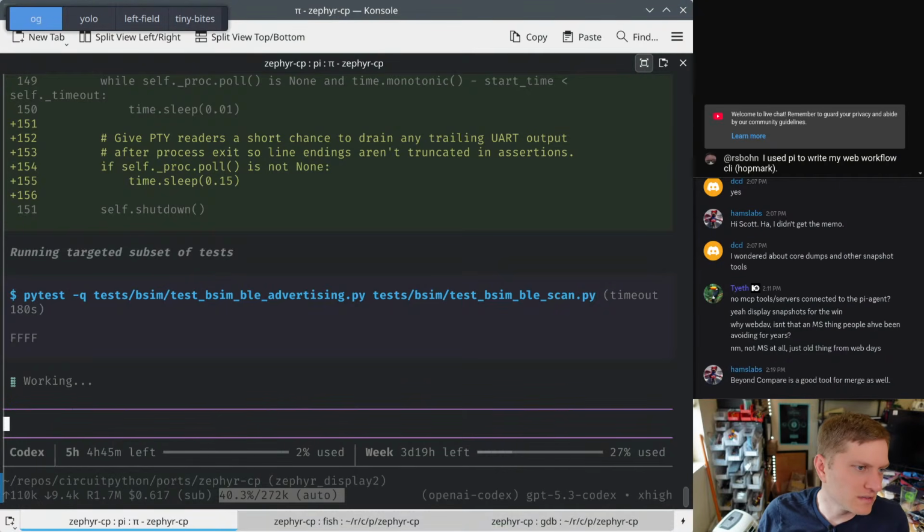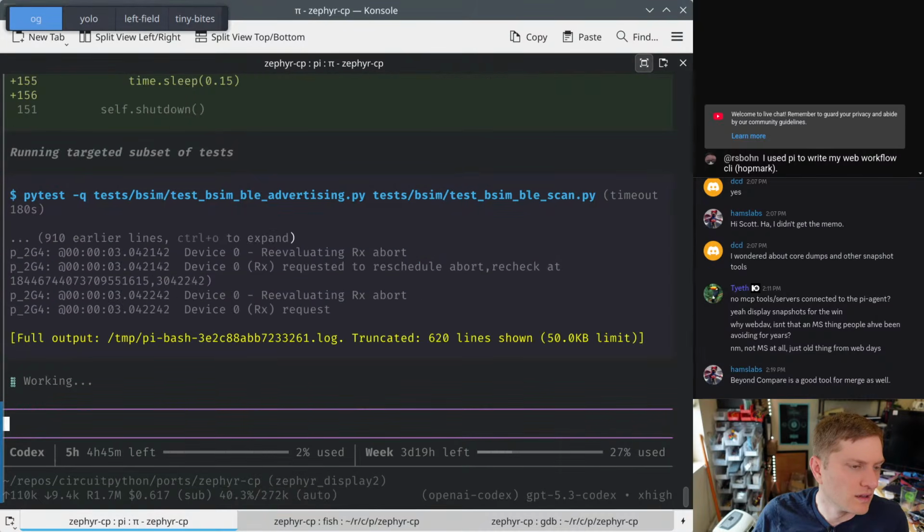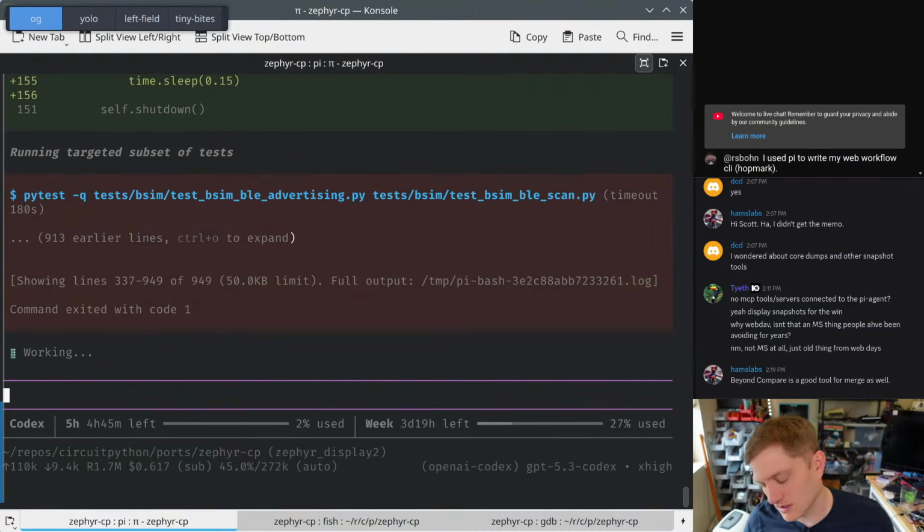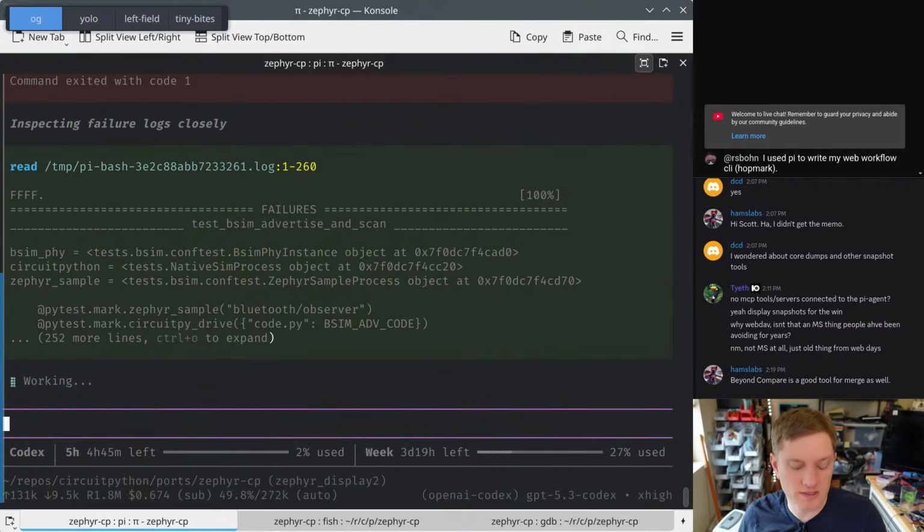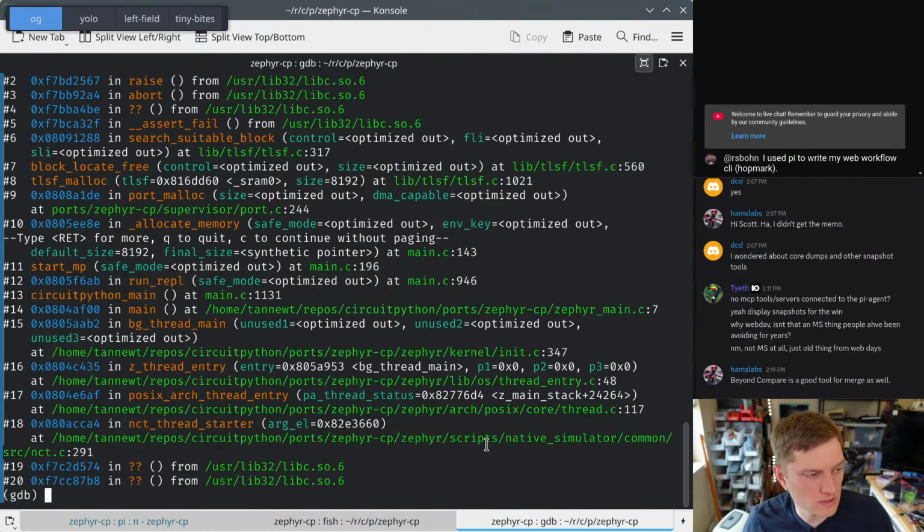Oh, it's doing the trailing. Okay. Getting these tests reliable has been a pain. So I think the next step for me really is to make sure that I have the latest Zephyr module code and I've got the latest CircuitPython code that I'm based on, because I'm not actually sure what,